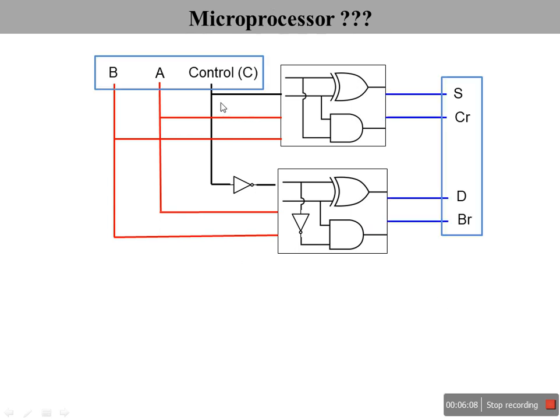Now see here, this A, B, control, S, C, R, D, all I treat to be a register. Presently you can treat these as all single bit registers. A is a single bit register, B is a single bit register, C is a single bit register, and so on. These red lines indicate the input wires. These input wires are connected to both the blocks. Similarly, the black lines here are control wires, control lines. Then blue lines here indicate the output wires.